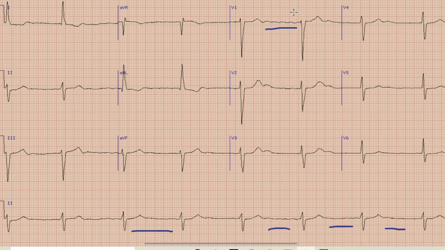After the rhythm, the next step is rate. For rate, as usual, we will select a QRS complex which lies on a broad prominent vertical line, and between this QRS complex and the next QRS complex, we will count the large boxes as 300, 150, 100, 75, 60, 50, and 40. So the heart rate in this case is around 40 beats per minute. Also the RR interval appears to be regular.